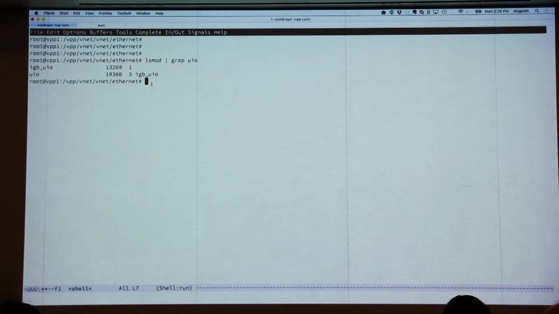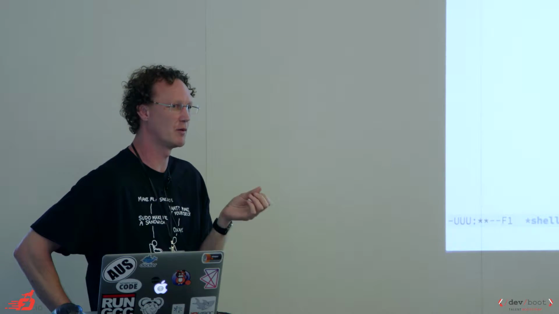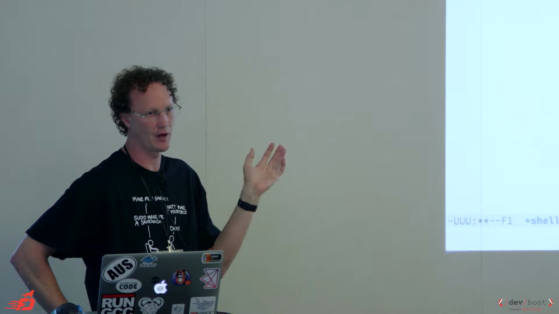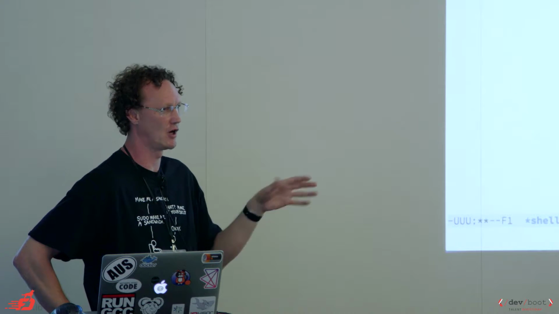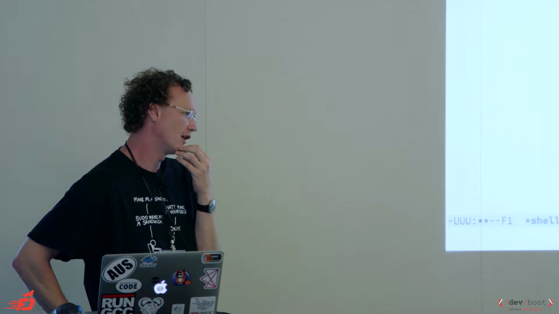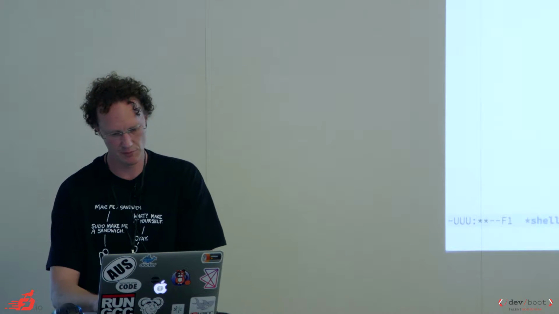I have tried using, I'm going to butcher his name, Stephen Hemminger, who, as folks know, really knows his stuff. He's a kernel committer. He posted a dmesg command. I tried it. It didn't work with this particular problem when I had it. I just find if you modprobe uio, modprobe igb_uio, things just start back up, fire up VPP, life's all good. Other problems I've seen, no huge pages, so